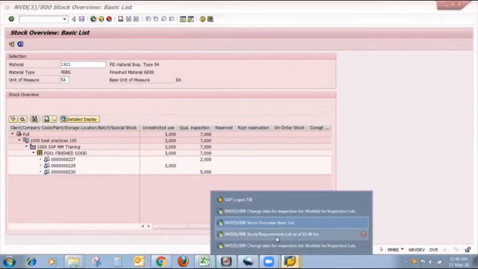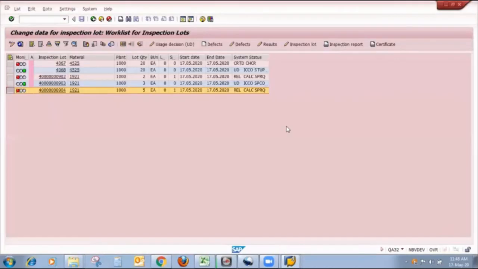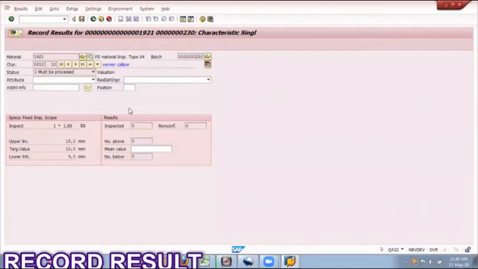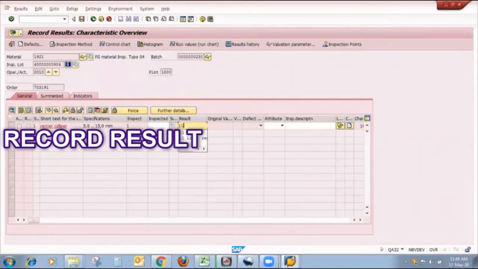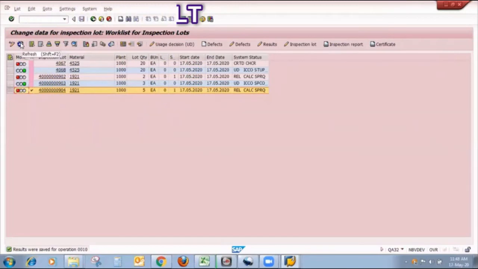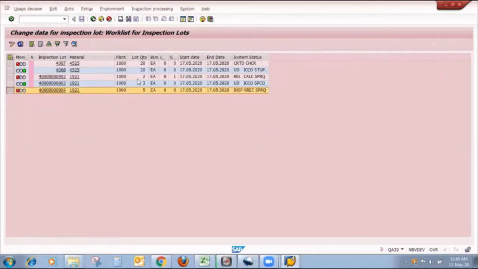My next step is to do result recording. So I click on result. Here I put the result for that finished product. Yes, I refresh it. When I click on the refresh button, the status will change. Now the status is result recording. Now I click on usage decision.